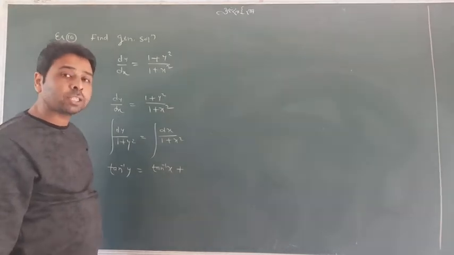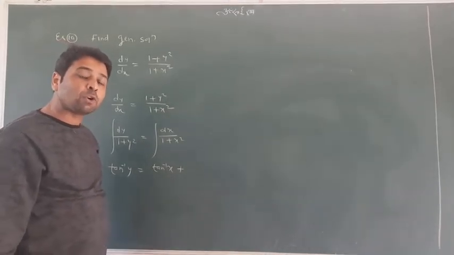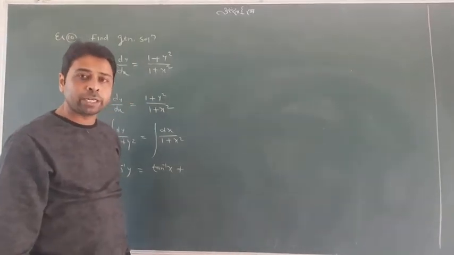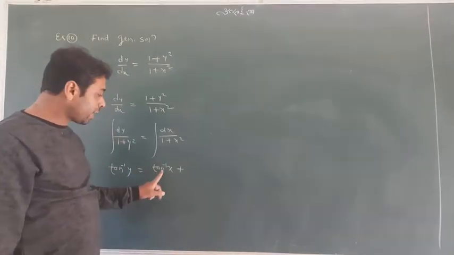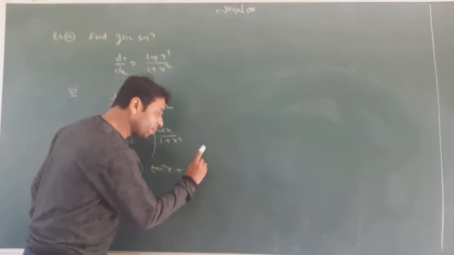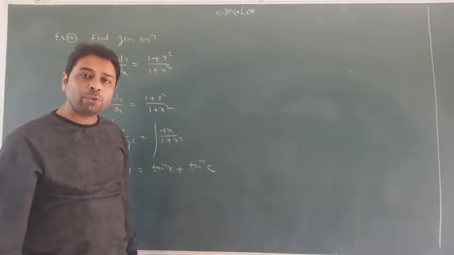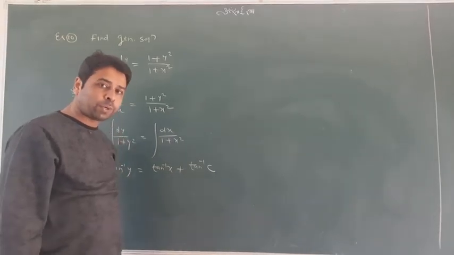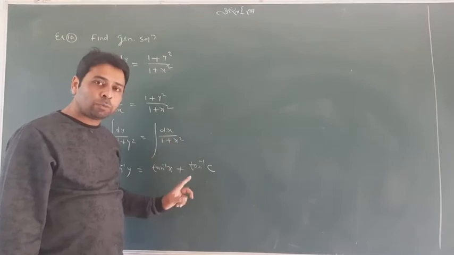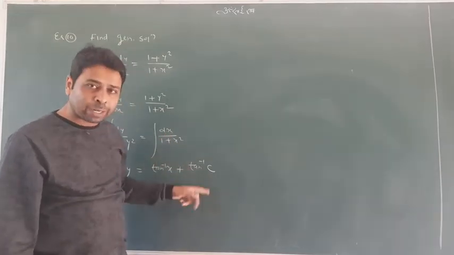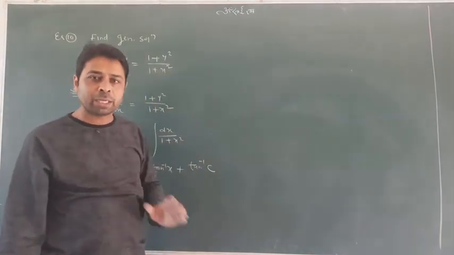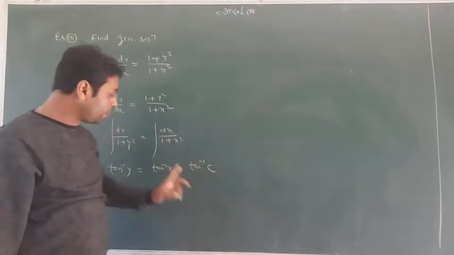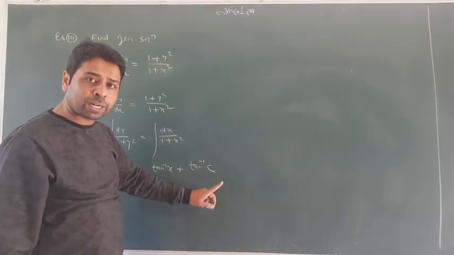I want to tell you a very interesting thing about c. C is a constant, and you can write the constant according to your convenient condition. Like, it is tan inverse, so if you want to write tan inverse c, okay, no matter. If you write c only, it is again acceptable. Don't worry about this. If a question is coming to your mind about when and where we have to write it like that, don't let it come, because you can also write c alone. It is acceptable, but if I write tan inverse c, it is not wrong either.